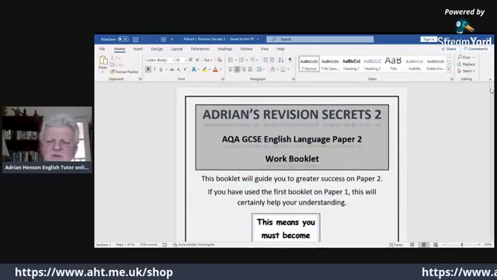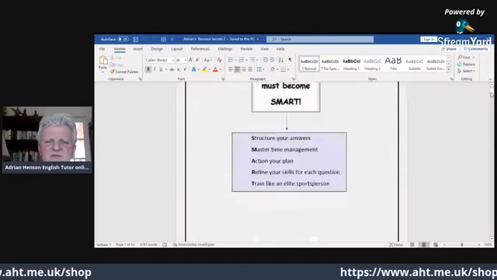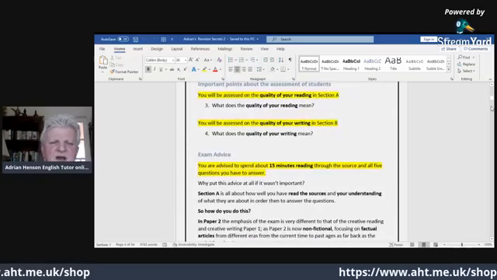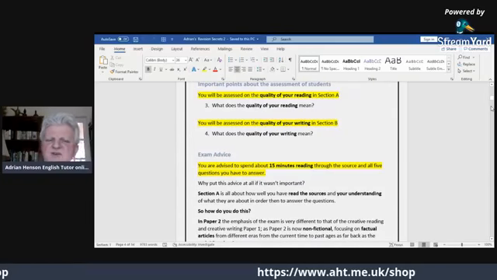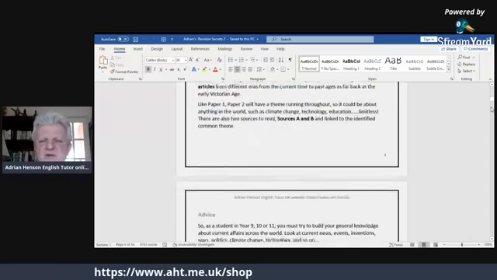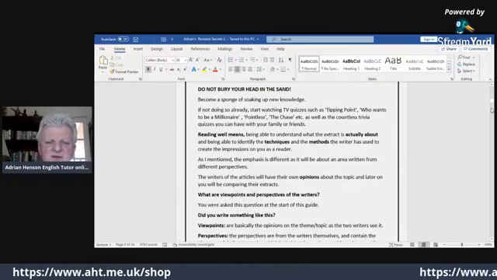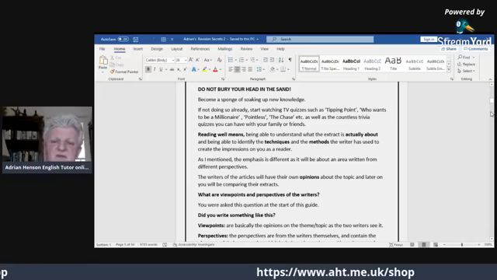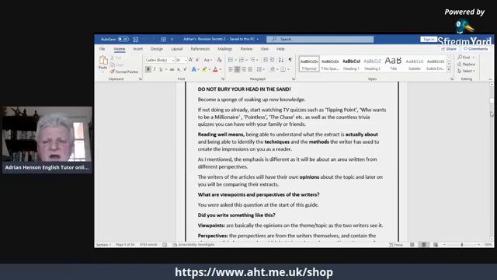This is language paper 2, and if you notice, it's got a full contents page, and it shows the cover page of the exam, and then you're actually given questions about the cover page, so you really understand what the exam's about. And then as you go through, there are tips about what you should focus on as a student,